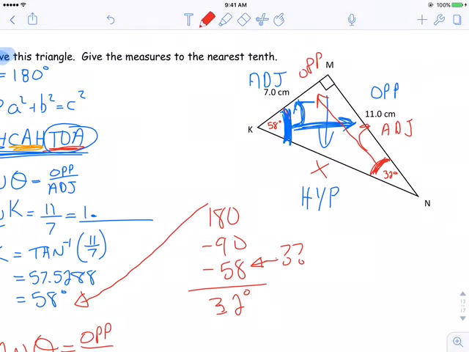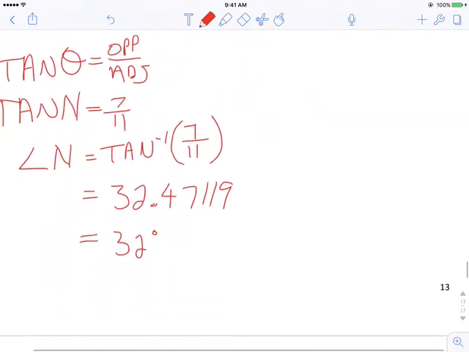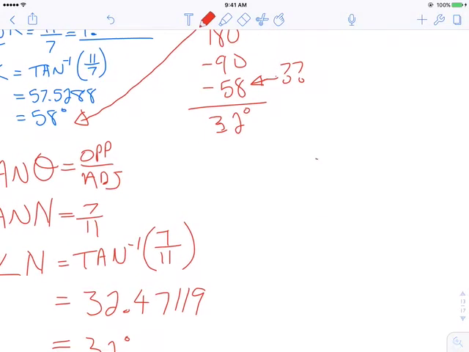Now we just have to find x. Well, there's a whole number of different ways you can find x. You have the angle measurements. You could use cosine of an angle and find adjacent over hypotenuse and solve for x. You could use sine of an angle, find opposite over hypotenuse and find x. Either of those two would be fine. The best way, though, or might be the easiest way for you, because you've done it so much and you used it in grade 8, is if I have this triangle, which I do, this is 11, this is 7, and I want to find this, well, this is a right angle triangle where I'm trying to find the hypotenuse. I can simply use